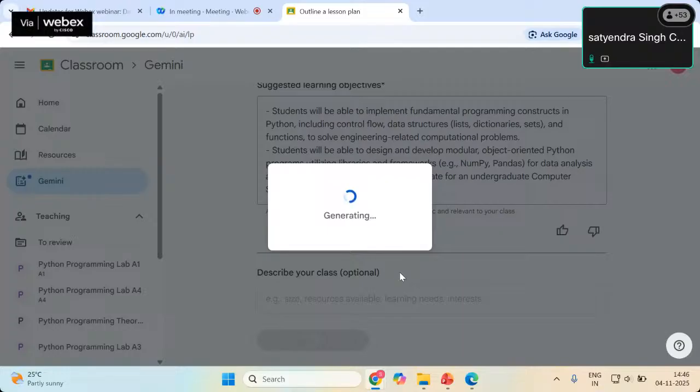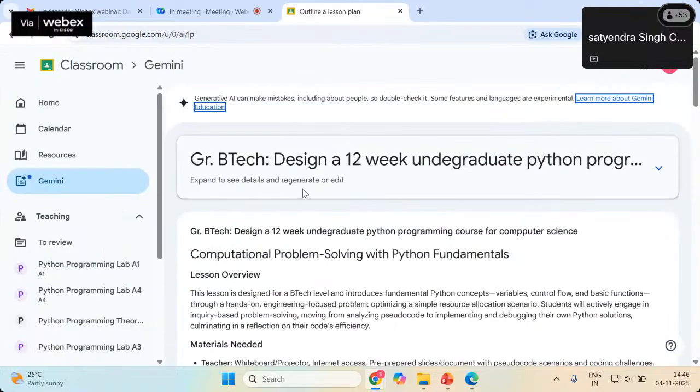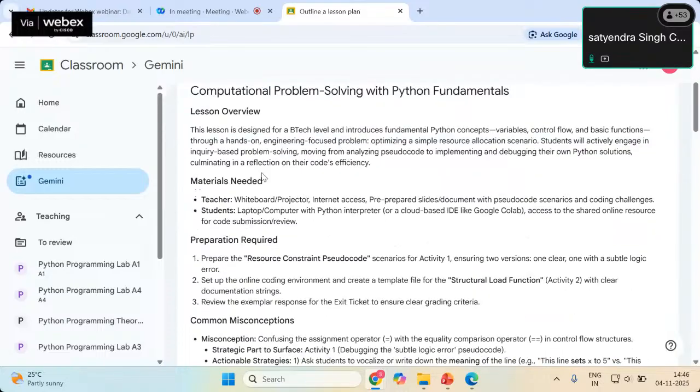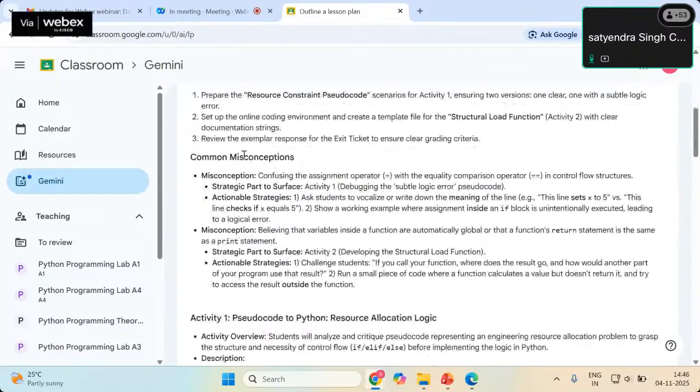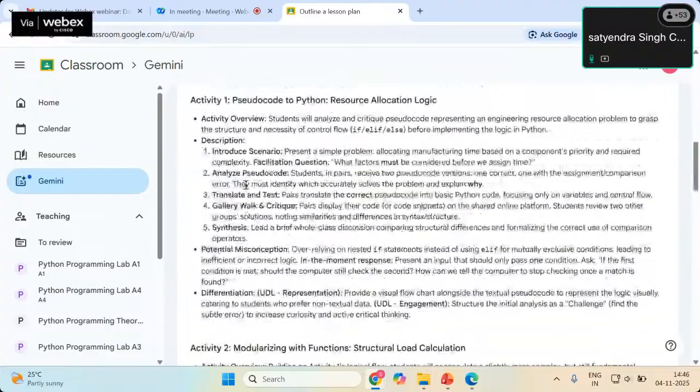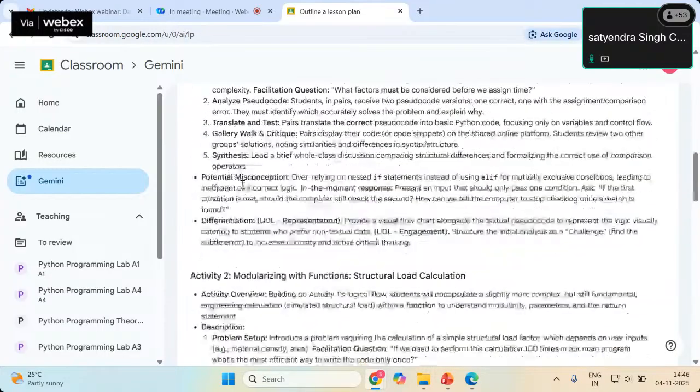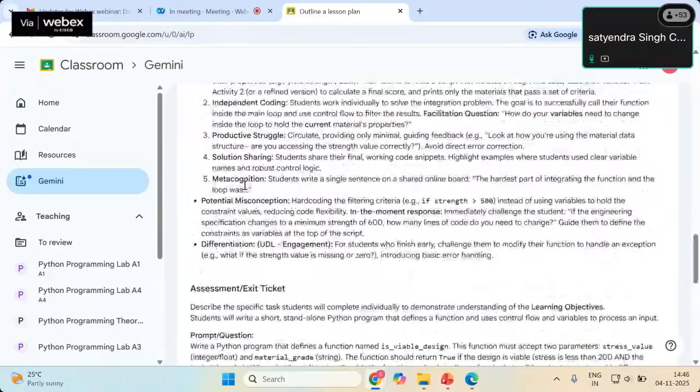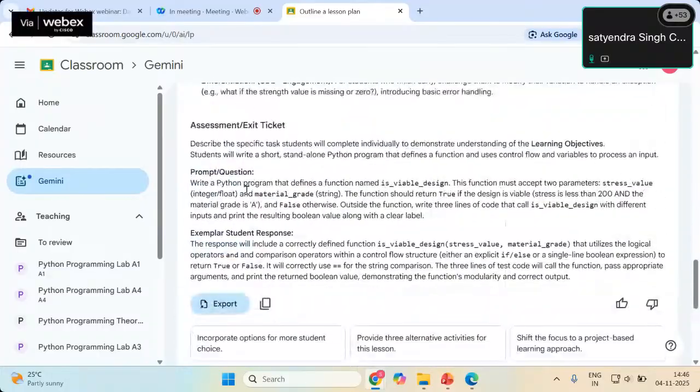If we click on generate lesson plan, you will see that prerequisite and activities. So those are the lesson plans it has generated, and